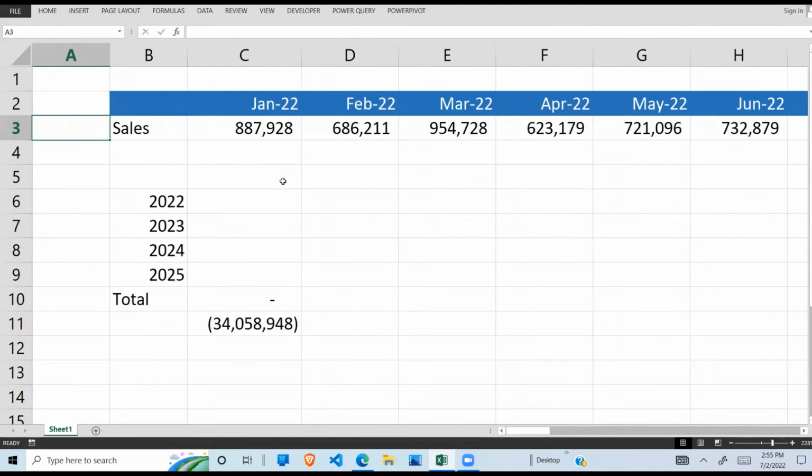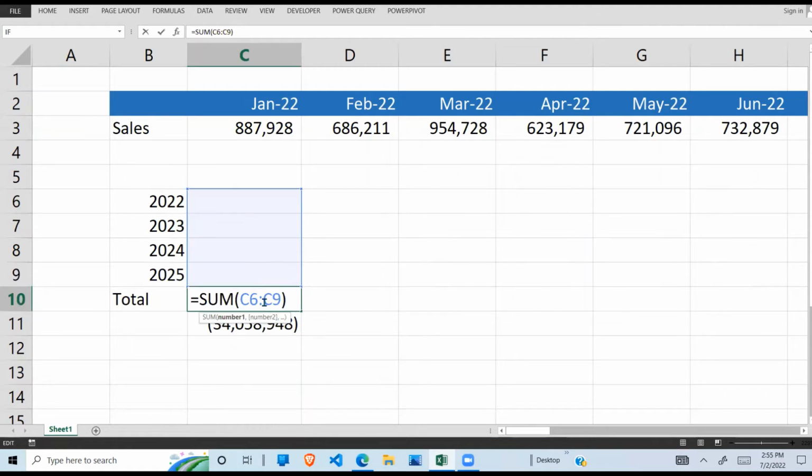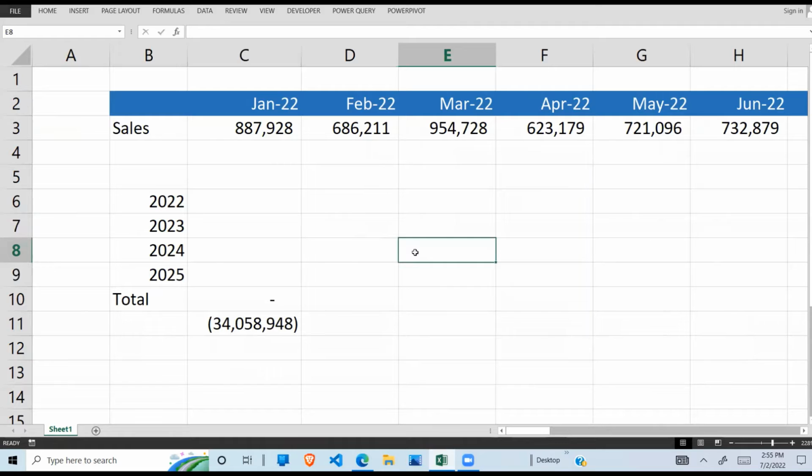Now, what I want to achieve is to find the sum of 2022, which I place in this C6 box, the sum of 2023, and so on. Then after that, I need to get the overall sum of the different years.